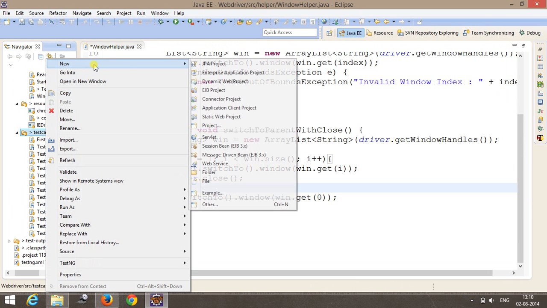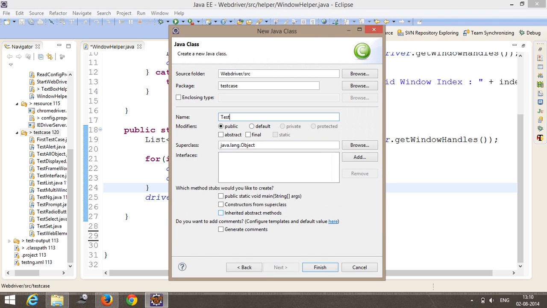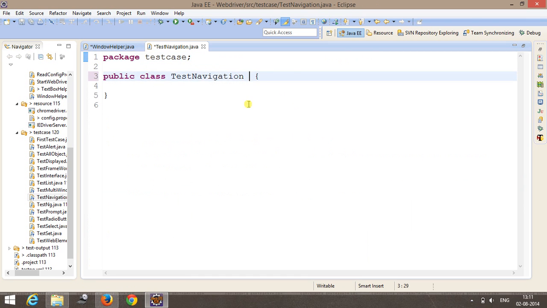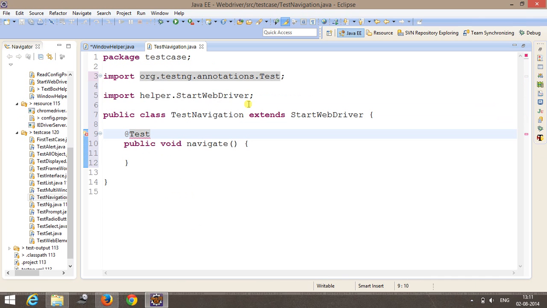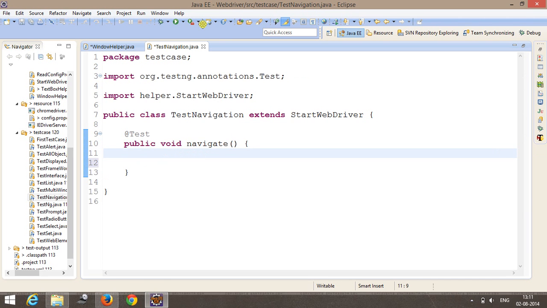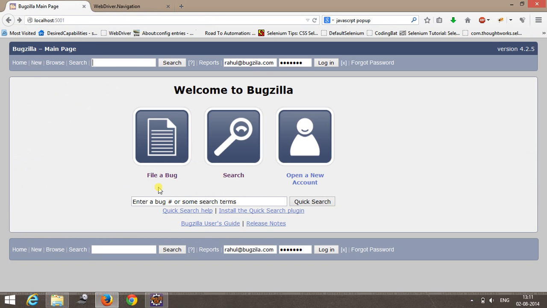For that I will add one more class inside my test case folder. Let me call it TestNavigation. This class will extend the framework class, and I will add a test method, and I will put the annotation @Test. First of all we need to click on the file a bug link, and as you can see it's a link,